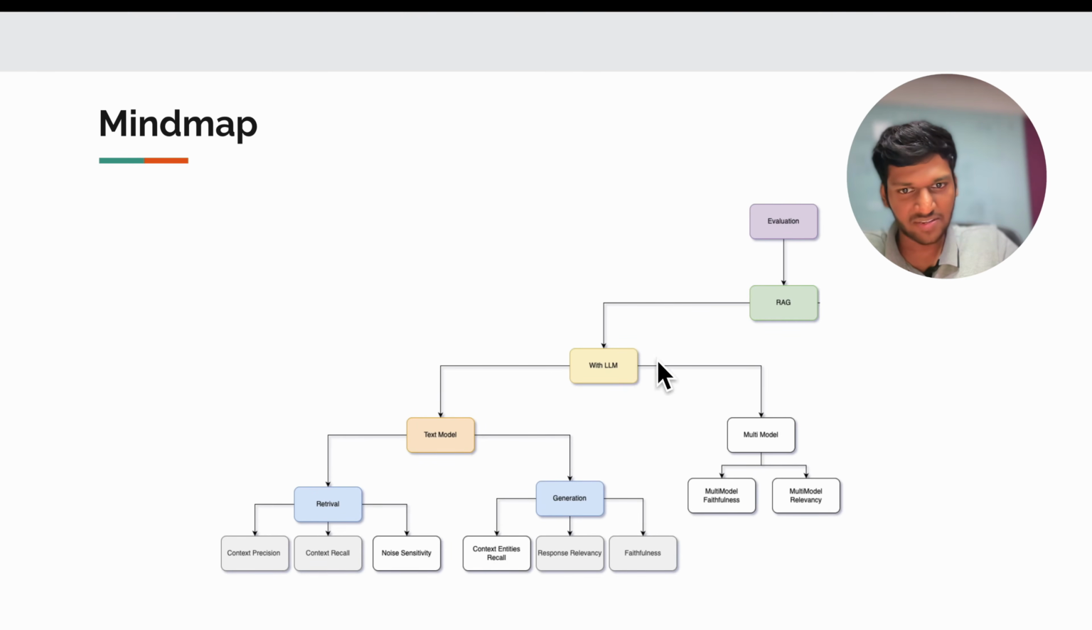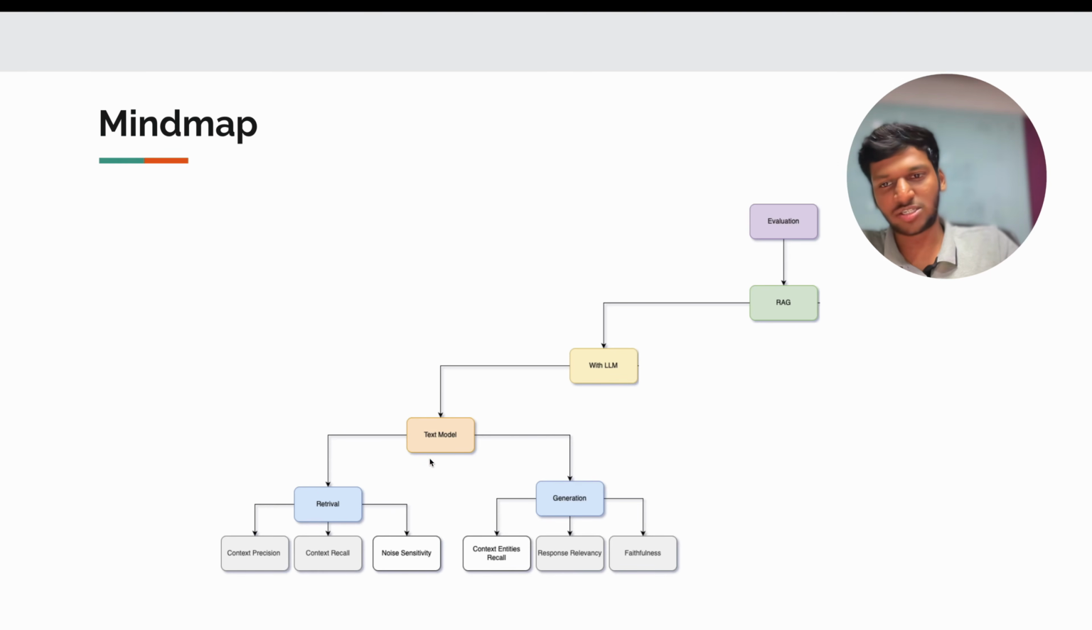Inside with LLM evaluation, there are two types. One is text model, the other is multimodal. Basically, it accepts image as an input or other things like image, video, or audio. It's based on your application. But today we are going to see the text model. Inside the text model, there are two things: one is the retrieval part, the other is the generation part. Retrieval part is from the AI person's point of view, like ingesting documents or maintaining them in the vector database. Generation is once you have the context and question from the vector database, how the